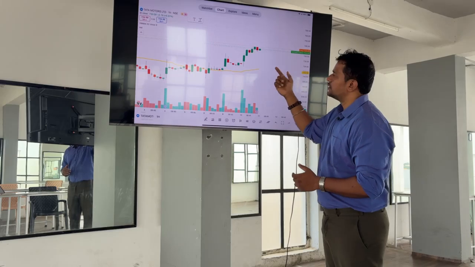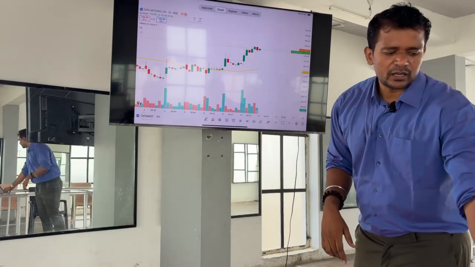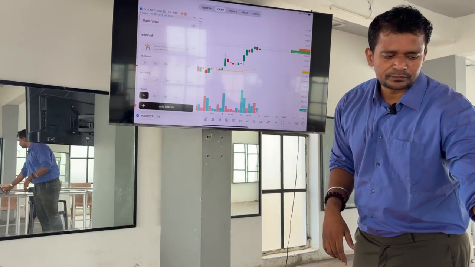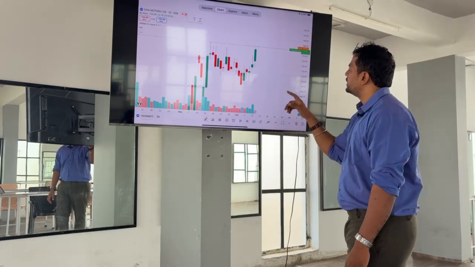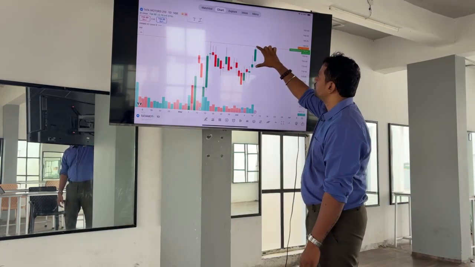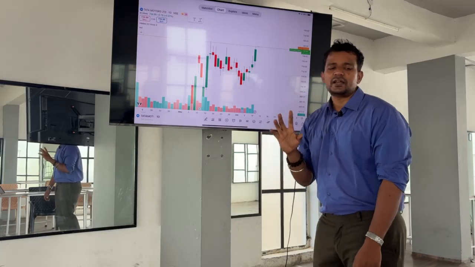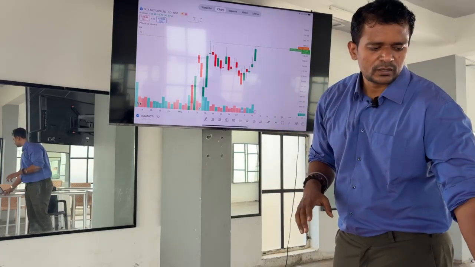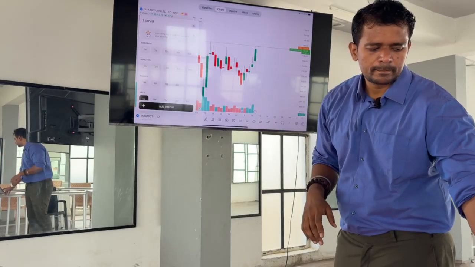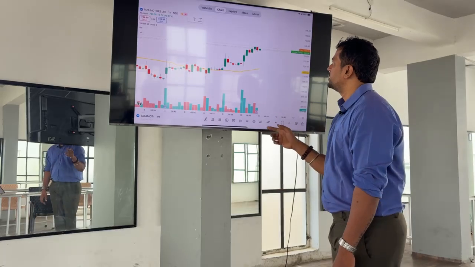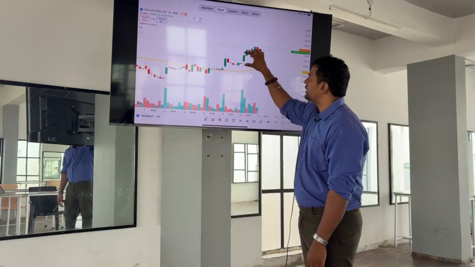So yesterday's candle, we'll again go to the 1-day candle. This was a 1-day candle. It has a price momentum from here to here. This was a daily candle. So inside a daily candle, what happened? We had 7 hours of trading, and in the 7 hours of trading, each and every candle indicates 1 hour